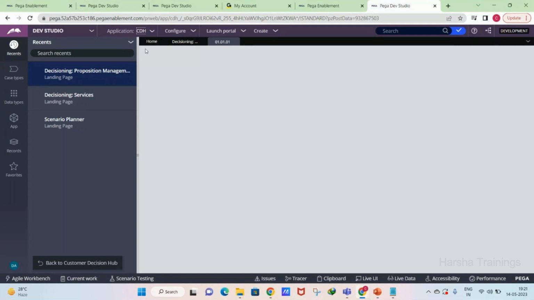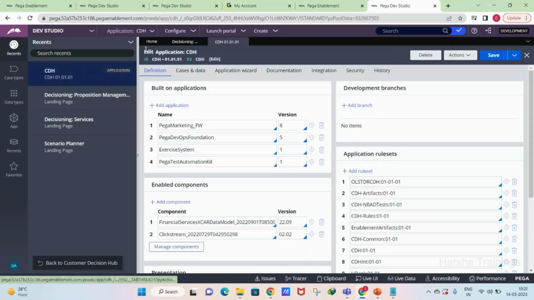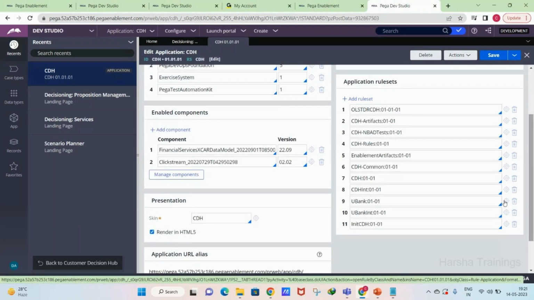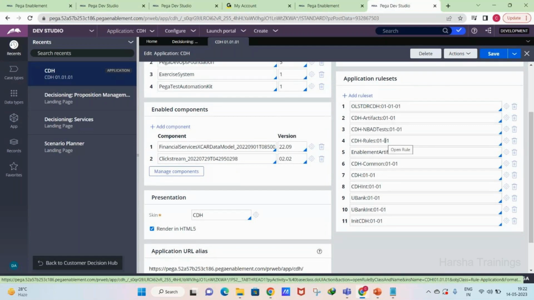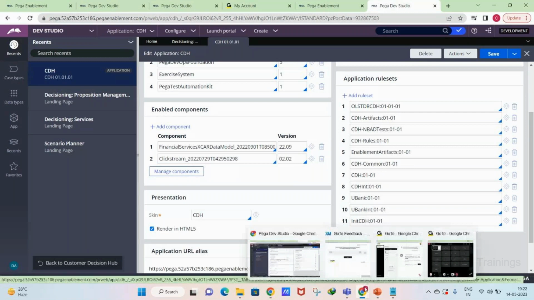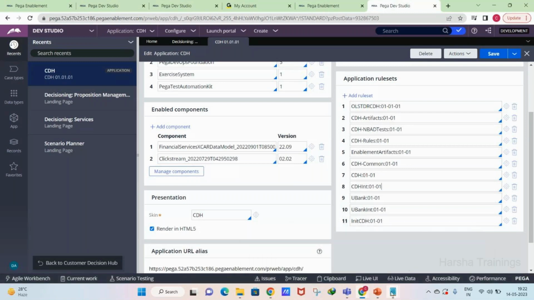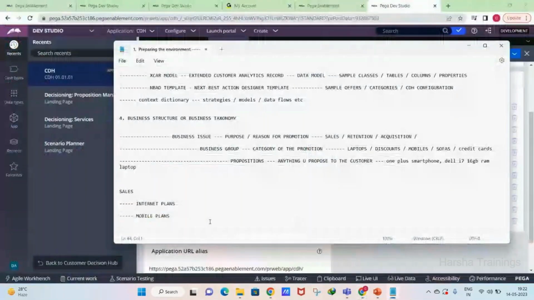Okay, so when you create a Pega decisioning application, some auto-generated rule sets are created in the application stack. So what are the rule sets? Let us understand. When you create an application, some rule sets will be created automatically, which we already know,